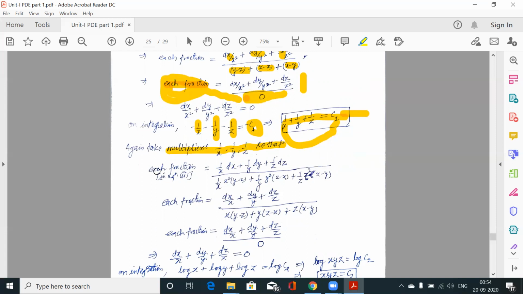In a similar way, each fraction in the auxiliary equations is equal to (1/x) dx over (1/x)(x square)(y minus z), (1/y) dy over (1/y)(y square)(z minus x), and in the third fraction we have multiplied 1 over z to the numerator and to the denominator, (1/z) dz over (1/z)(z square)(x minus y). So if we simplify the denominator,